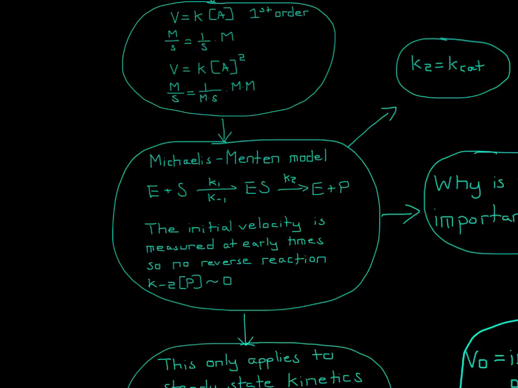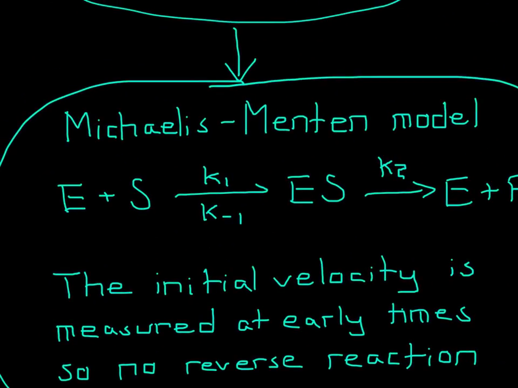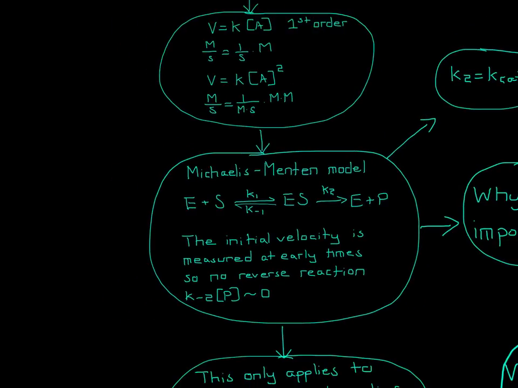Okay, so this video is going to go over the Michaelis-Menten model. So let's go over it. We have enzyme plus substrate combines into the enzyme-substrate complex. Going forward, we have K1, which is the rate constant for the forward reaction. And then we have K minus 1 for the backwards reaction, when the enzyme-substrate complex can dissociate back into the enzyme plus substrate. We also have the forward reaction from the enzyme-substrate complex into the enzyme and end product, and that's